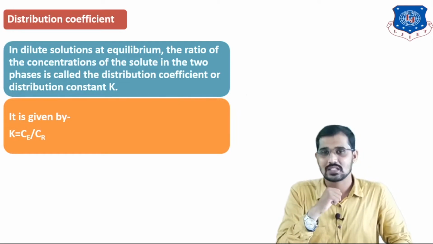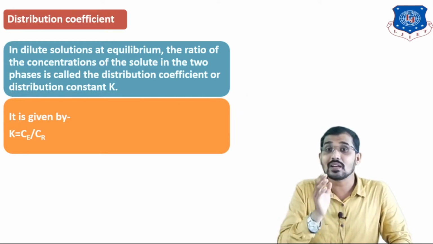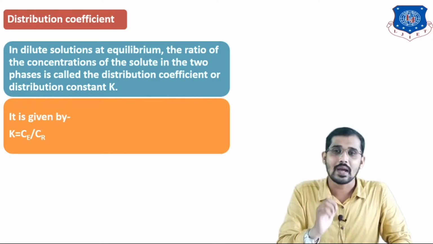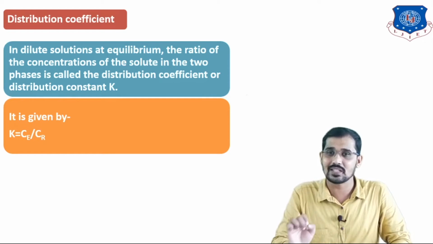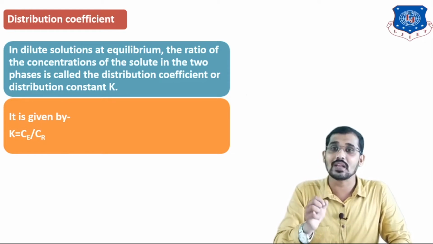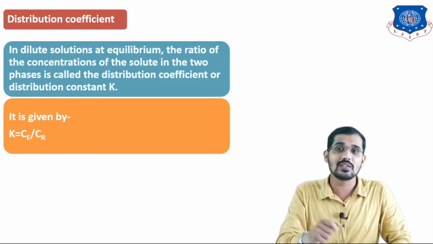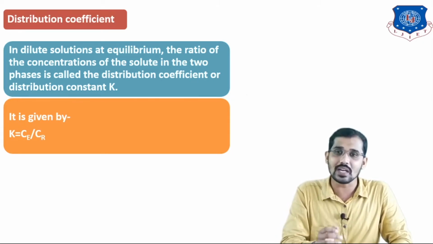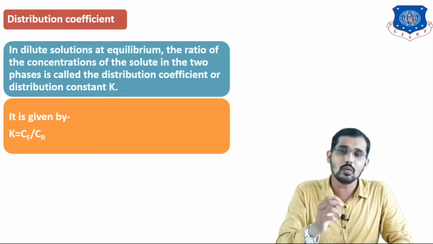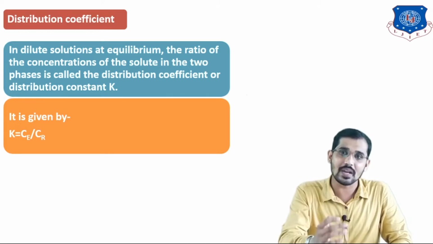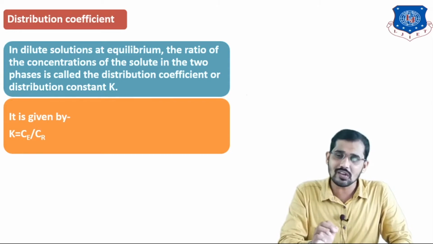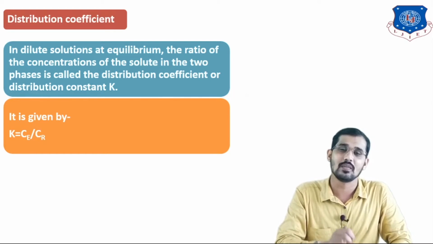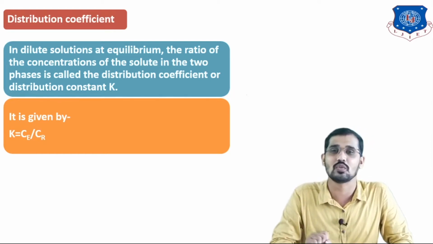What is the meaning of this? Distribution coefficient means we are distributing our solute component in the extract phase and raffinate phase. I told you no process is 100% efficient, meaning whatever component we are extracting from the liquid solution using the extracting solvent, that solute component is distributed into the two outlet streams. Those two outlet streams are the extract stream and the raffinate stream. So the ratio of the composition of the solute in the extract stream to the composition of the solute in the raffinate stream is the distribution coefficient.